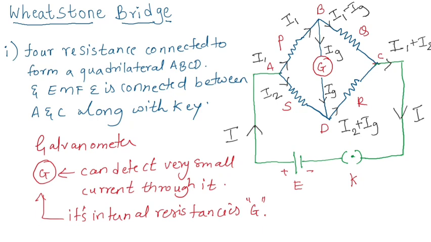So Wheatstone bridge, not Wheatstone meter, it's not meter, it's Wheatstone bridge. The Wheatstone bridge was designed by Charles Wheatstone. It comprises four resistors placed in four arms of your quadrilateral ABCD, and between two points of your quadrilateral, A and C, there is a battery, and between the other points B and D, there is a galvanometer. The positions of the galvanometer and battery are interchangeable. In the next lecture, we are going to see, by applying KVL, what that balancing condition is.